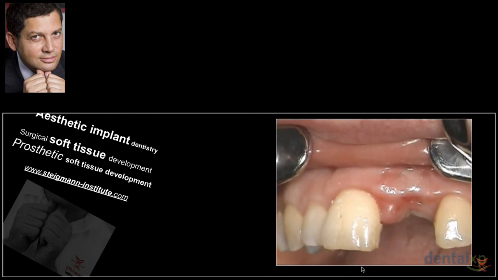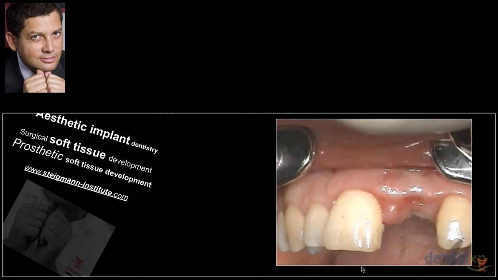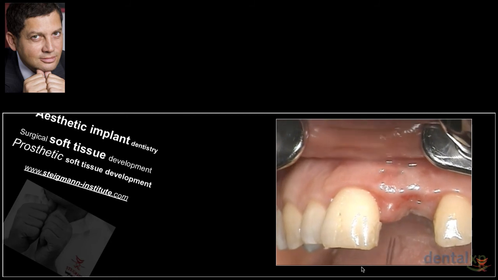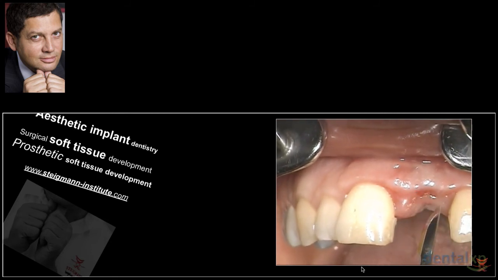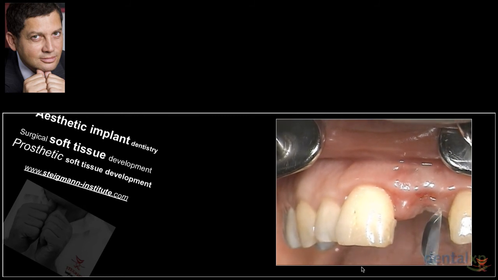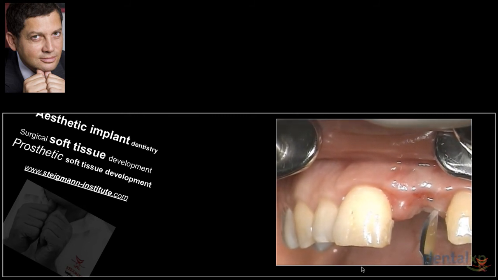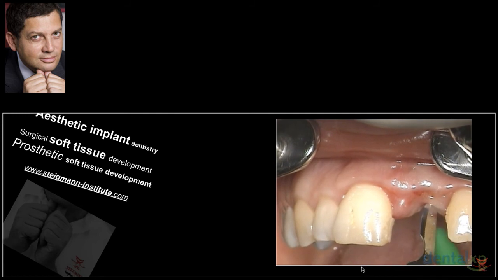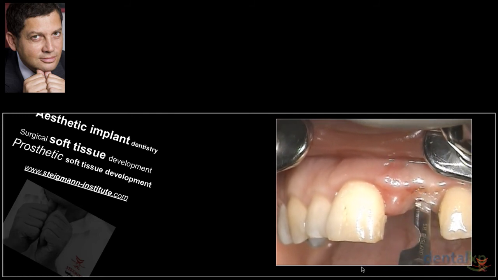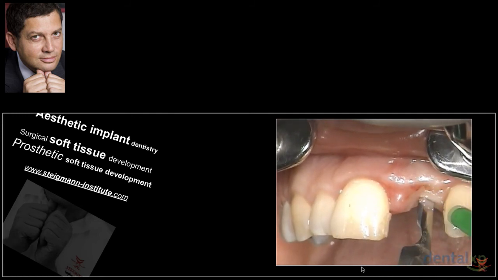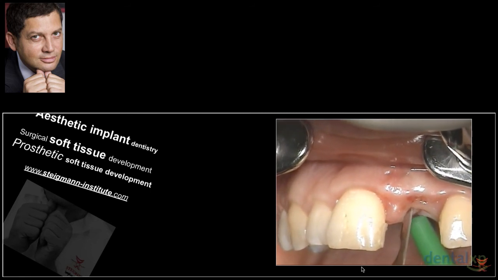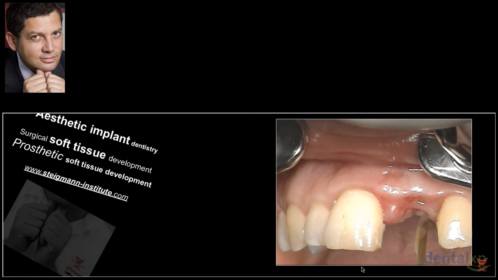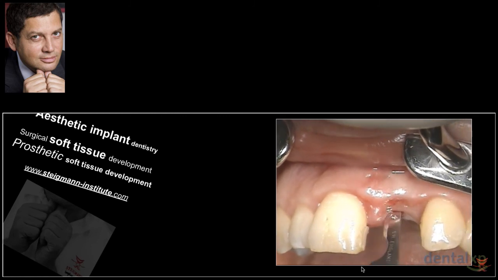This will lead to a blanching of the soft tissue, and then we can see exactly where the implant is positioned. To open this implant, we can then use a blade or even a soft tissue punch. We will do a very small incision following the contours of the soft tissue, then remove this